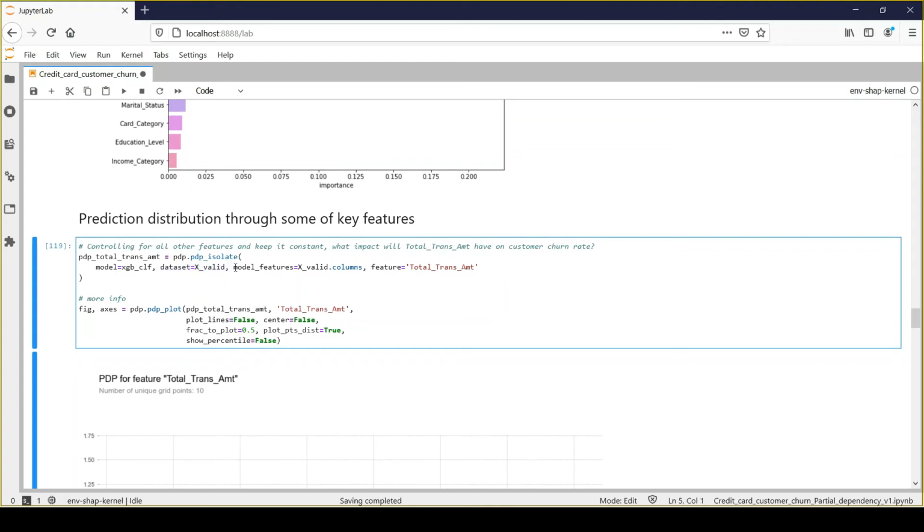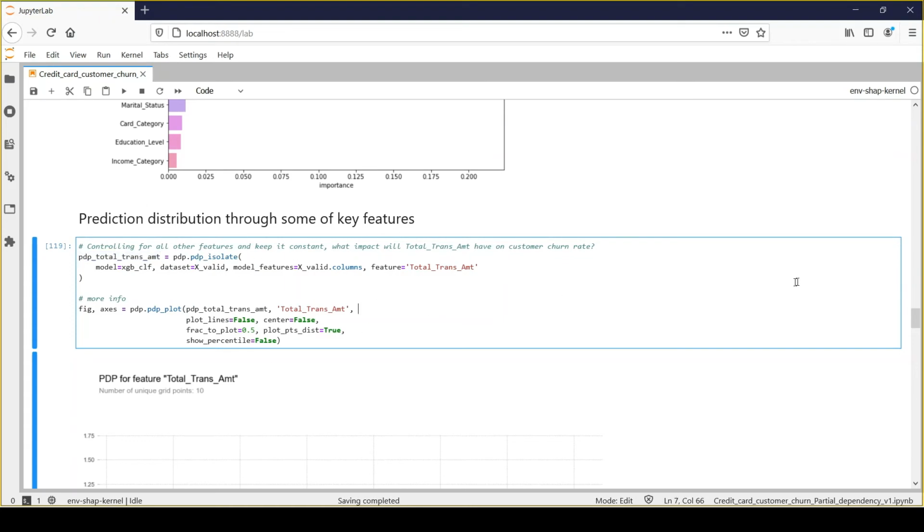Here I will be passing all the validation columns, and we'll pass which feature's value we would like to see in my partial dependency plot. Here we are saying that we need to see the impact of total transaction amount on my prediction. Once it calculates the values, we'll take the output of this and plot it.